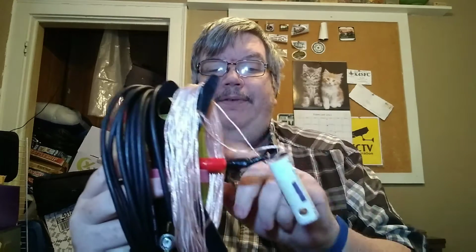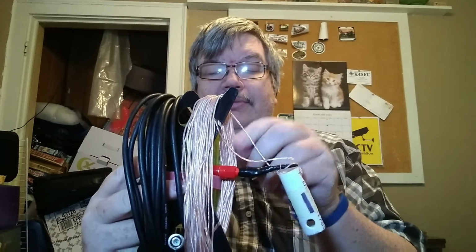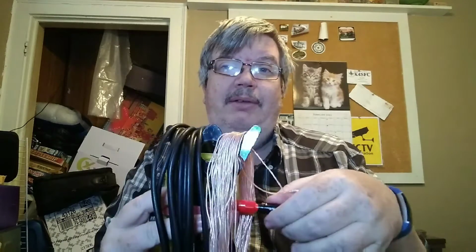That way I can have spare lengths of antenna wire. If I break one, I'll have a spare, so I can hurry up and just plug it in, tune it in the field, and just keep on going. I'll have more on this later on,